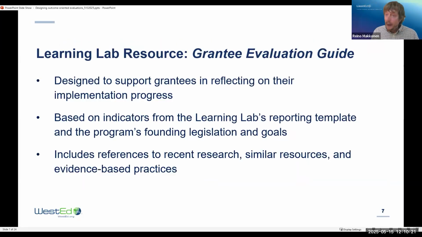We've created, in our partnership with the Learning Lab over the last few years, a grantee evaluation guide. I think it's a good resource for folks to think about as you embark on this pathway to learning from your project and your work. It's designed to help you reflect on the progress you've made implementing the work. It's based on the indicators from the reporting templates that you're using, and on the founding legislation and